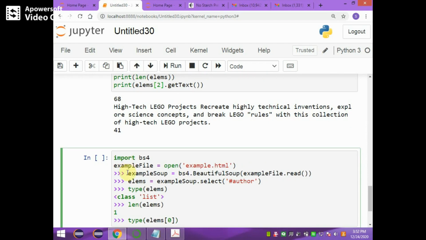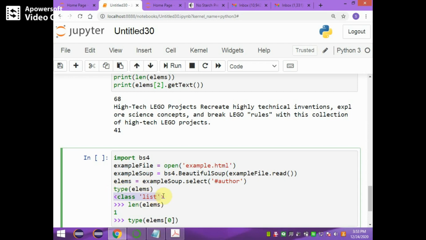First we have to import the BS4 module and remove these angular marks. Open example.html, then read the file, and select the author tag from the HTML elements by using soup.select.